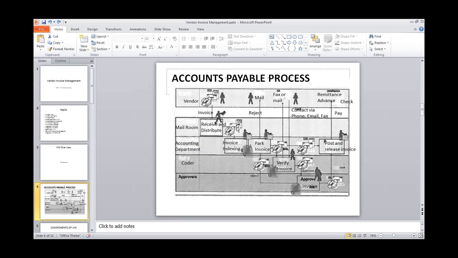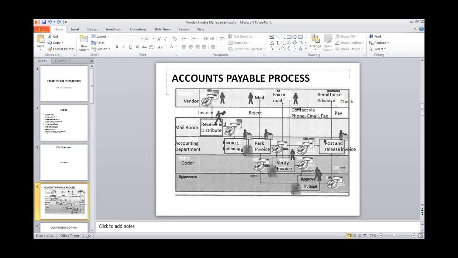Once that is read from the mail room, then comes invoice indexing. Basically now the paper format or a different formatted thing is going to be moved into a readable document, our communication-based document,